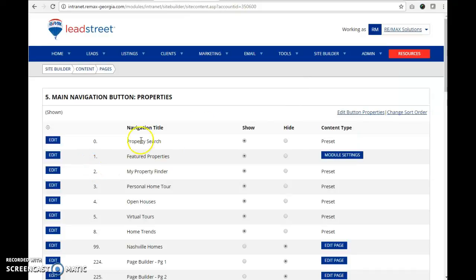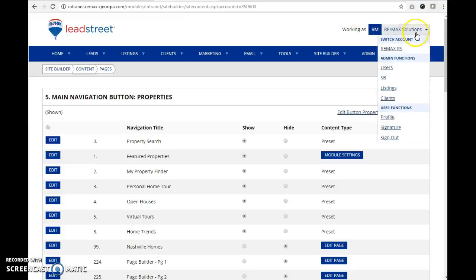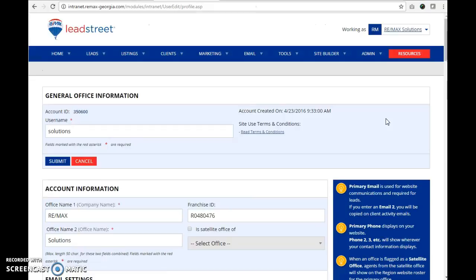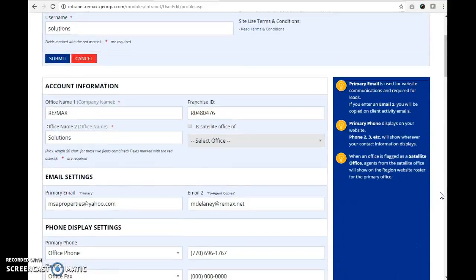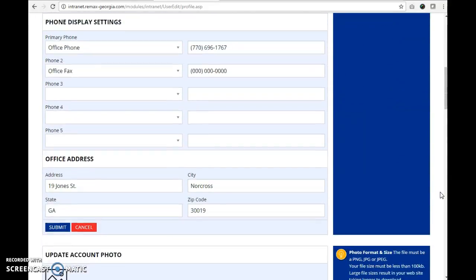So your next question was about Facebook, Pinterest. So we're going to focus on the company page right now. So for me, I have different options. So what you should see up at the top is the Remax Solutions, and then you should see these 3 options here. So what you'll want to do is click on Profile, and this is the same for your agents as well. So if they want to add their Facebook information, same process. They click on their name and click profile. So as we scroll down this page,